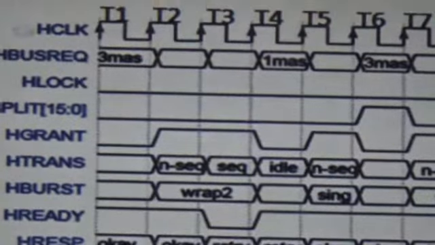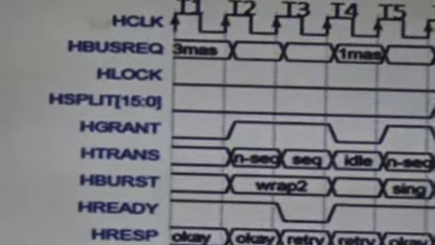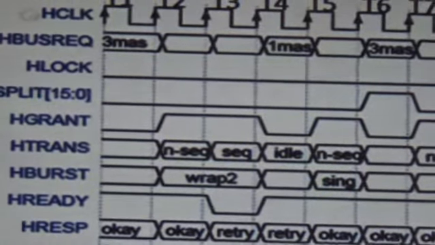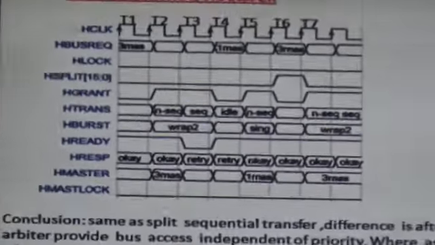Here I have used a WRAP2 sequence, and since it is WRAP2, it has 2 transfers. One is non-sequential, and afterwards we have a sequential transfer. This is the conclusion of the sequential retry transfer.